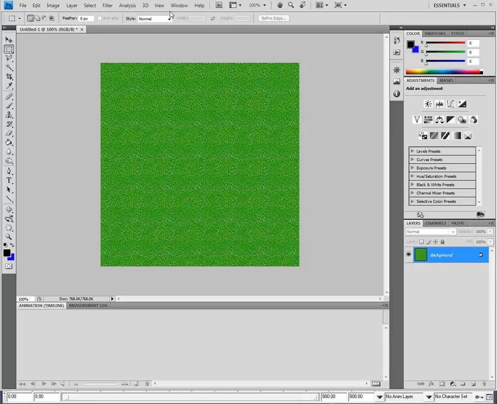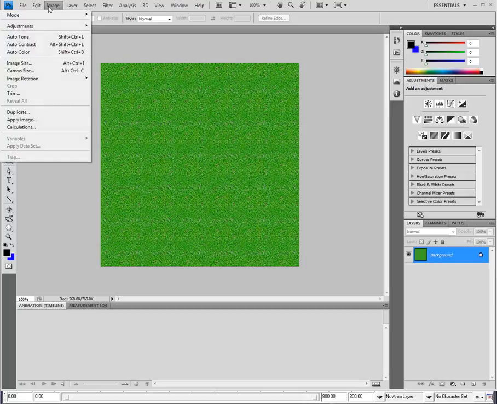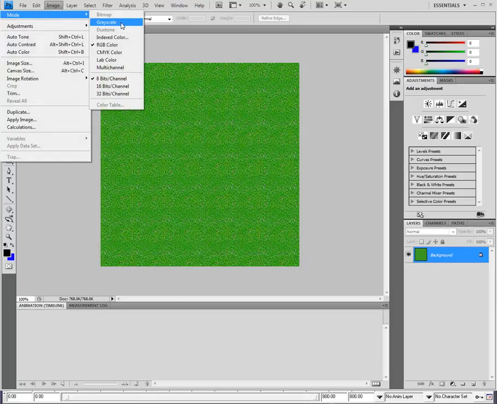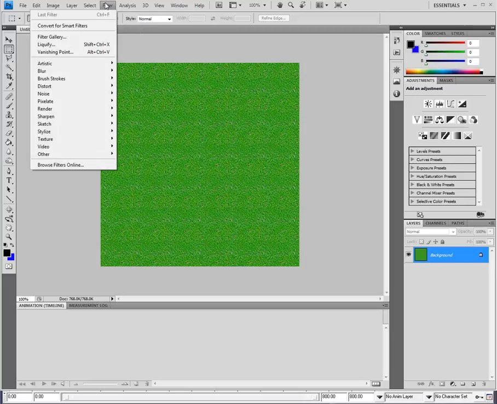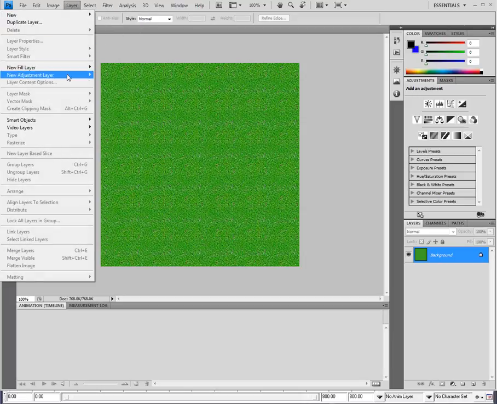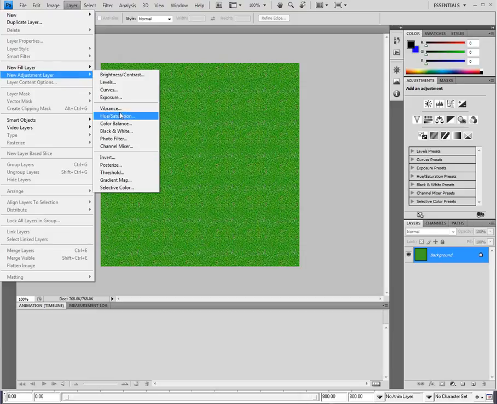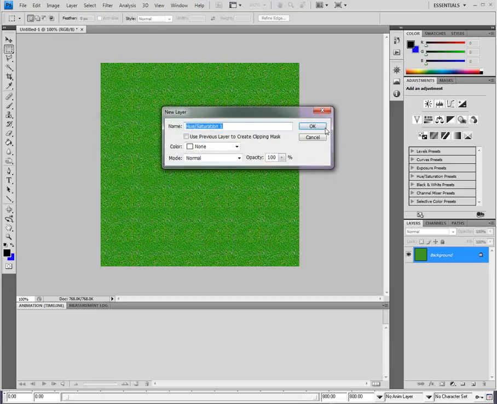Let's do a bump map just for the fun of it. It's a black and white map, you guys, and for the bump map, you don't go into image, mode, and say grayscale. That would be a big error, because it will bleach out your picture. You want to go into the layer, do a new adjustment layer, a hue saturation layer, and then you